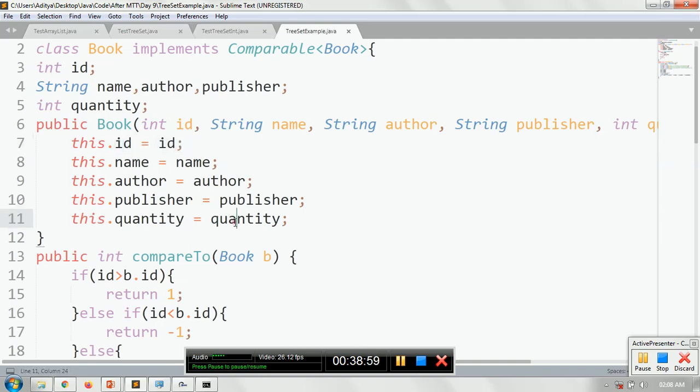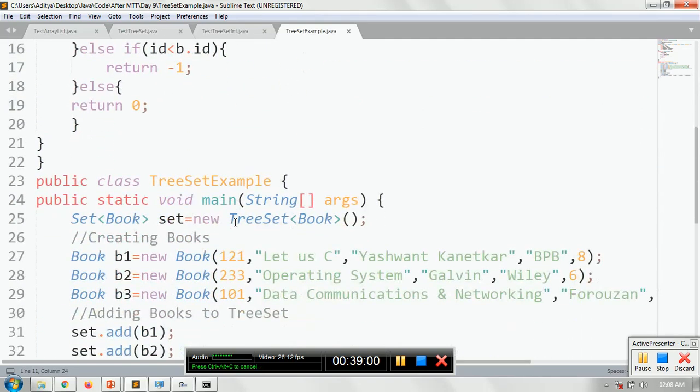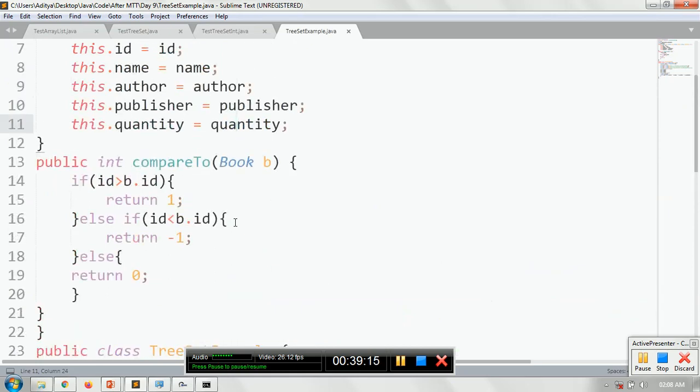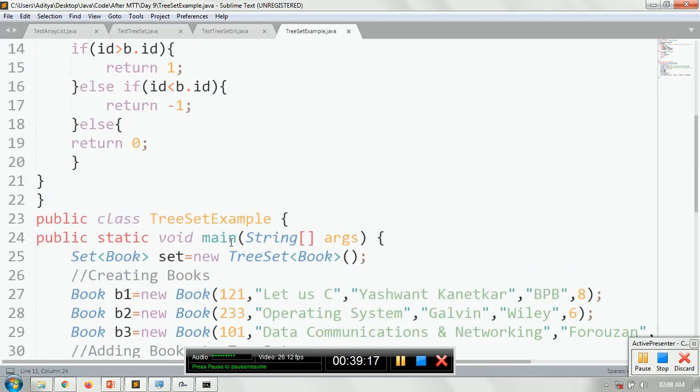Now, since we are using a TreeSet, it means we store into an ordered collection. And one thing also, compareTo works only on one criteria. So we are making the criteria the ID here. We want to sort this data of the books into the increasing order of the IDs.